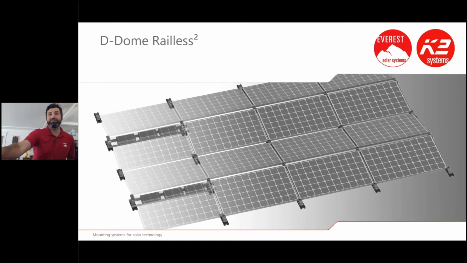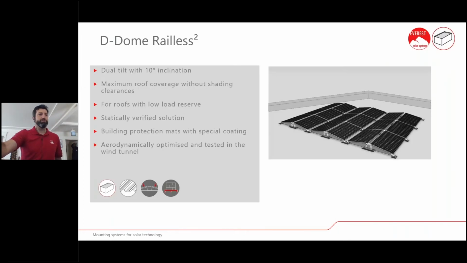And then last but not least, our D-Dome Railless system, which is a ballasted system. It's a dual tilt. Some of you might be familiar with this. It doesn't use a rail, but we call it Railless. It has a peak and a base, and our